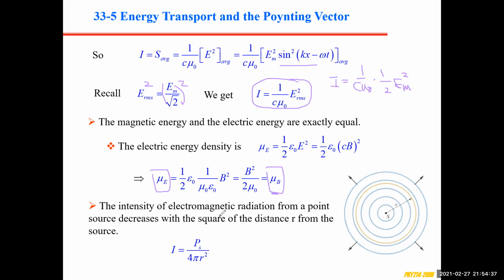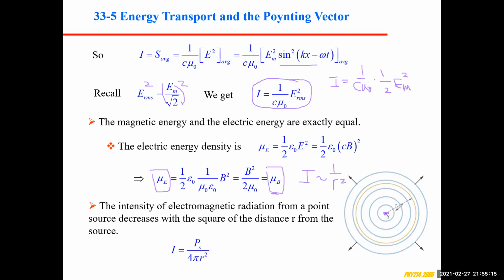Okay, and so when we talk about energy, let's say this is the source of the energy. When the electromagnetic wave propagates through space, the intensity will decrease. We already know that the intensity is going to decrease in space. The farther away from the source, the smaller the intensity. So they pretty much follow the 1 over r squared